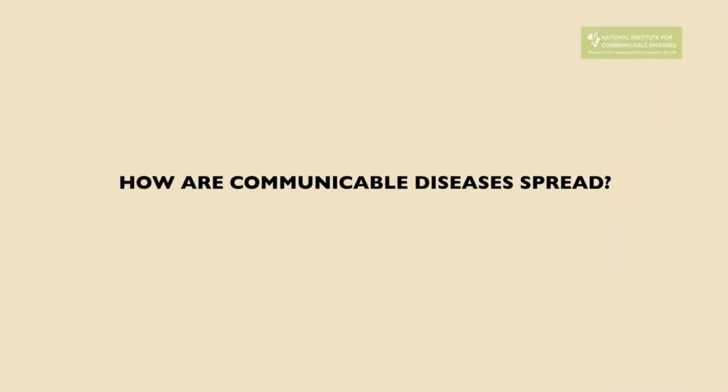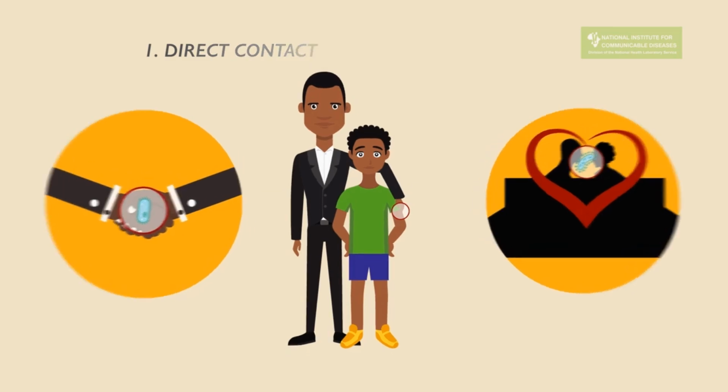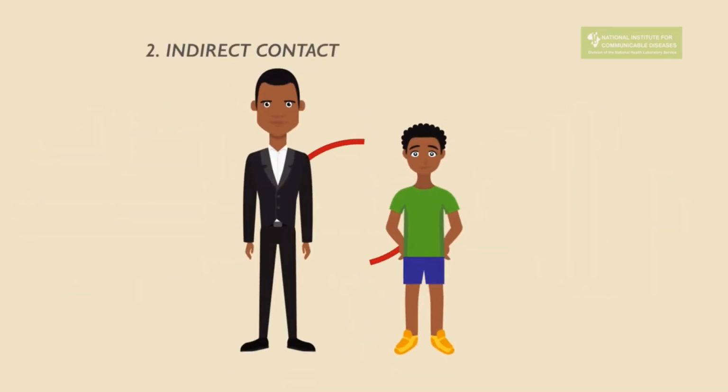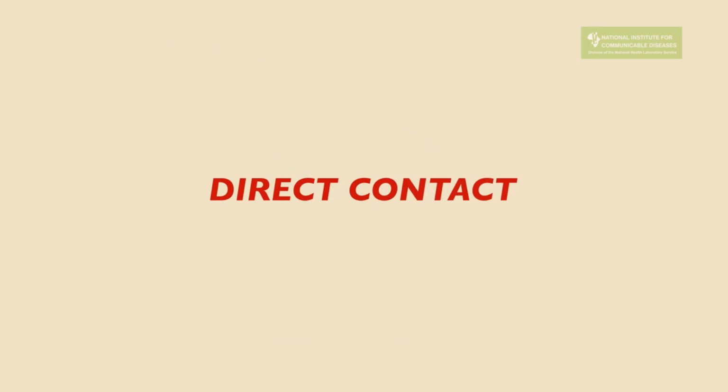But how are communicable diseases spread? There are two ways communicable diseases can be spread: through direct contact or indirect contact. Direct contact transmission occurs when there is physical contact between an infected person and a susceptible person. Indirect contact transmission occurs when there is no direct human-to-human contact. Infectious diseases are often spread through direct contact. The types of direct contact include the following: